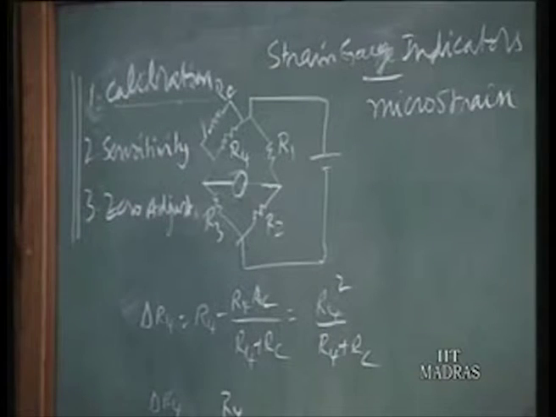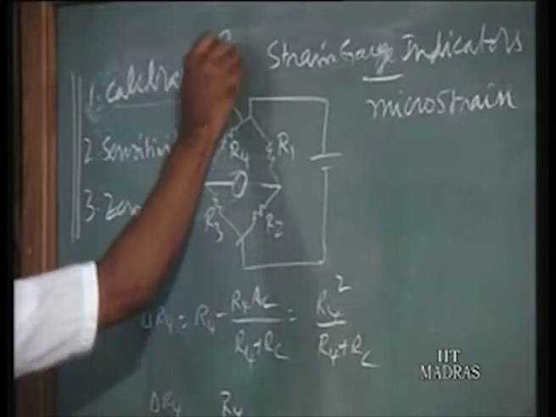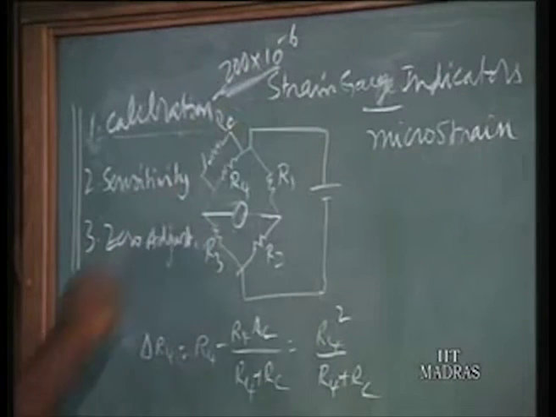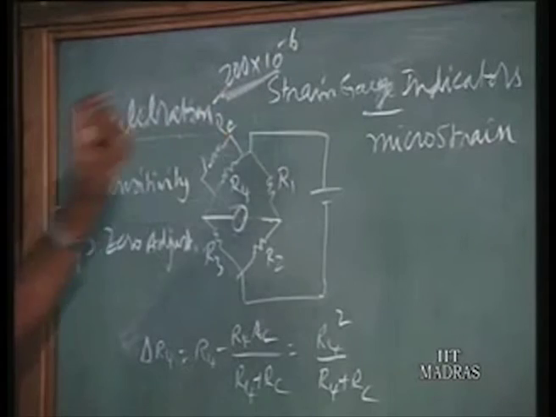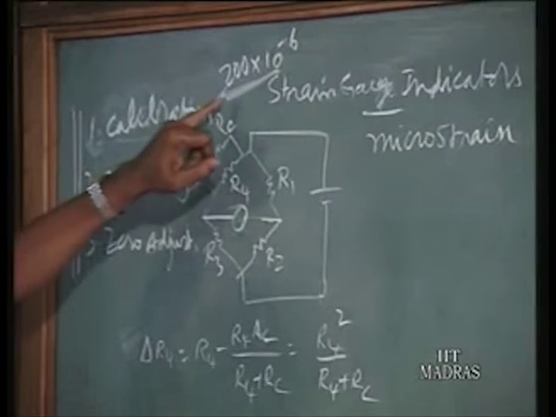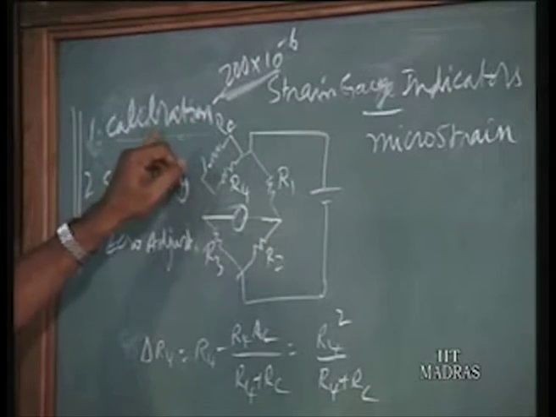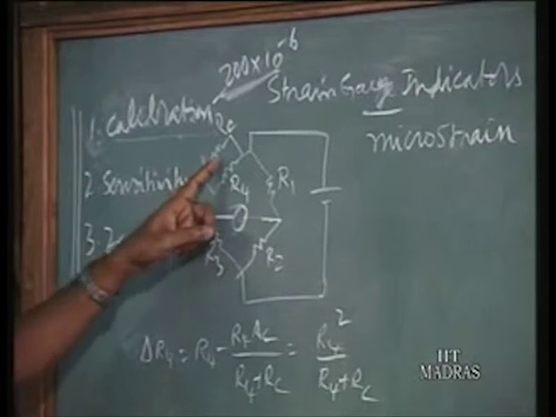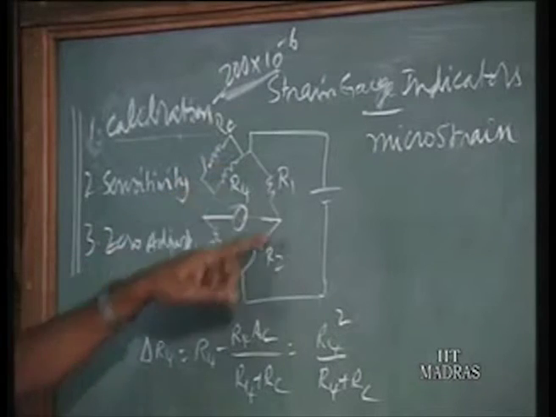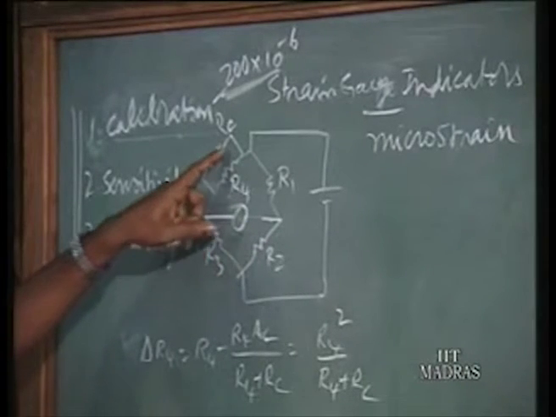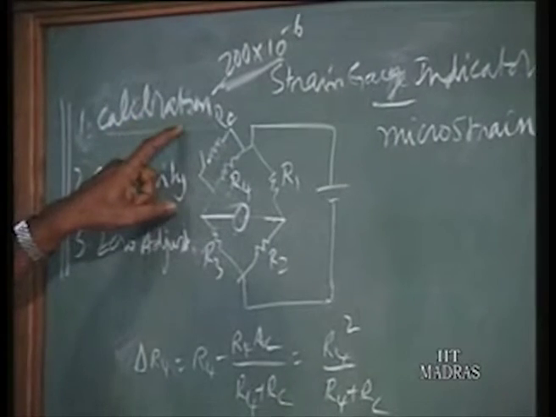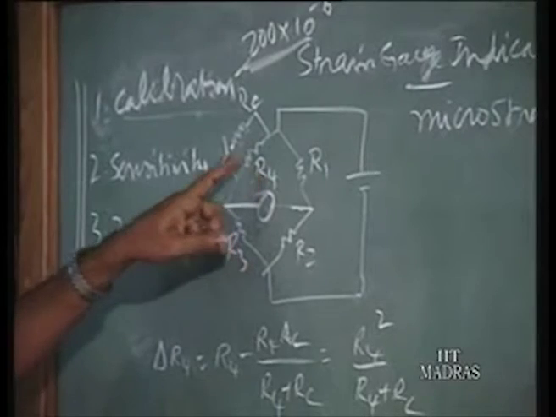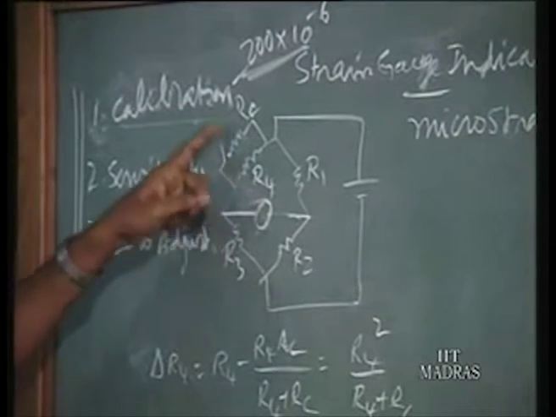If you close the knob, then you should get the reading 200 times 10 to the power minus 6. This is what you are supposed to get in a particular instrument. If you don't get 200, adjust some knob. What is done inside when you are closing the switch? Actually, there is a shunt resistance for one of the 4 arms. Here, for example, R4 has a shunt resistance. When you press the calibration knob, you are closing the switch. That means R4 is changed to a new resistance.